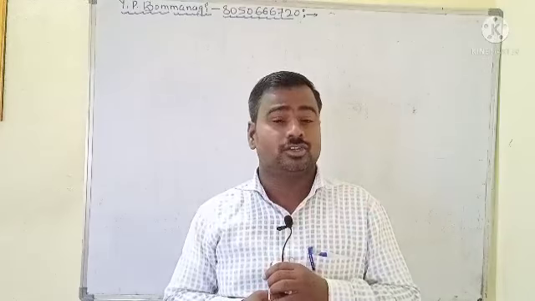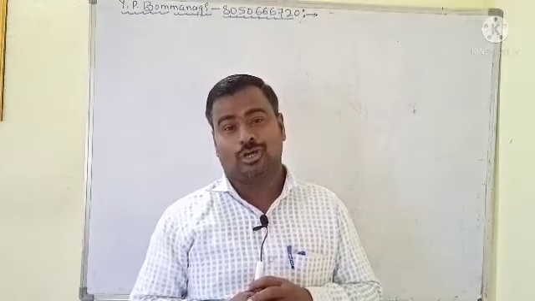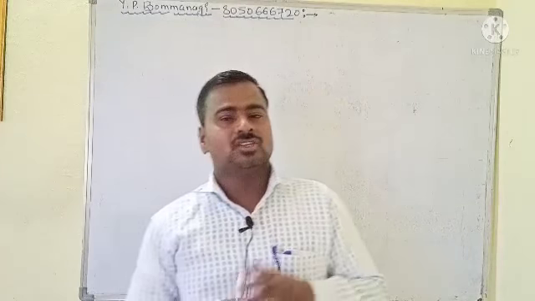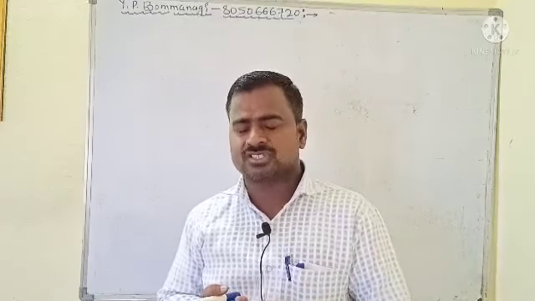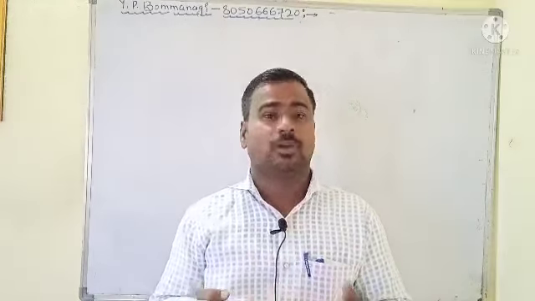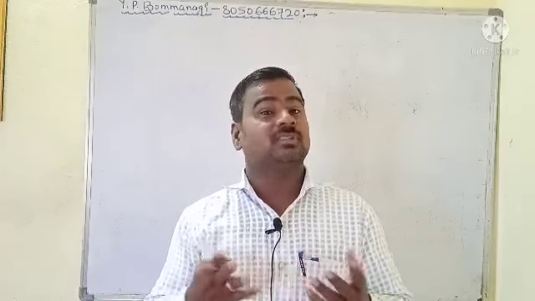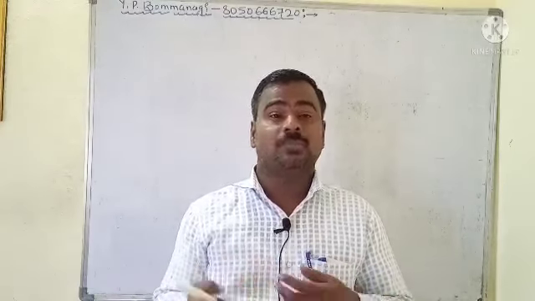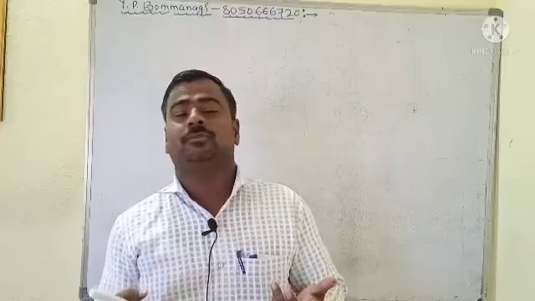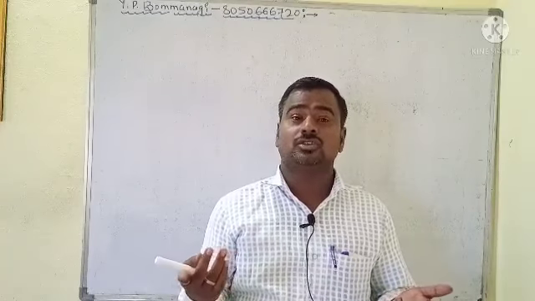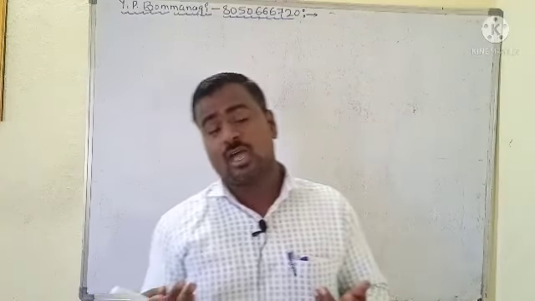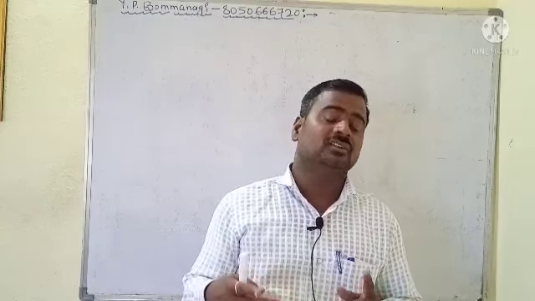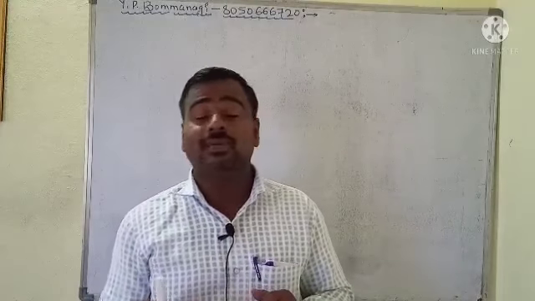What do you mean by relation? Let A and B be two non-empty sets. Then the ordered pairs of AB form a subset of A cross B. I already told you the first kind, family relations, blood relations. Second, mathematical relations: less than, greater than, parallel lines, perpendicular lines. Types of relations: empty relation, R is equal to null set; universal relation, R is equal to A cross A. Both the empty and universal relations are called trivial relations.